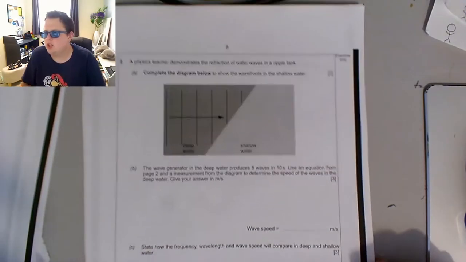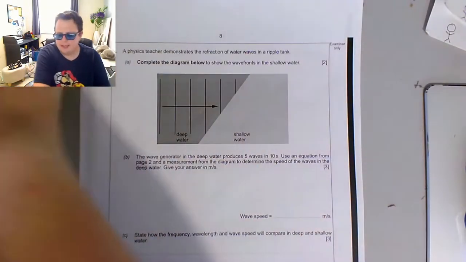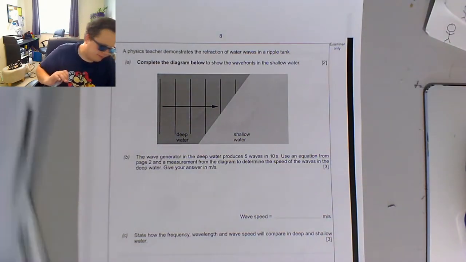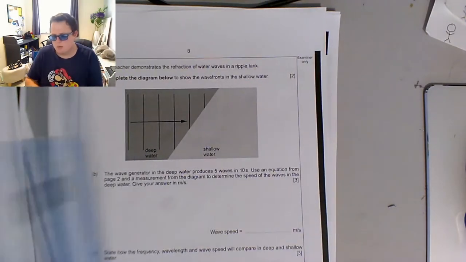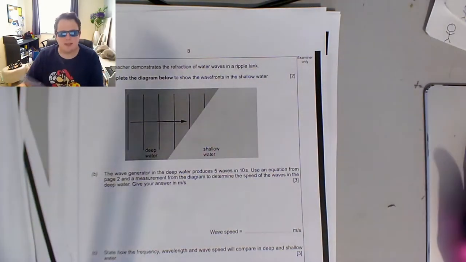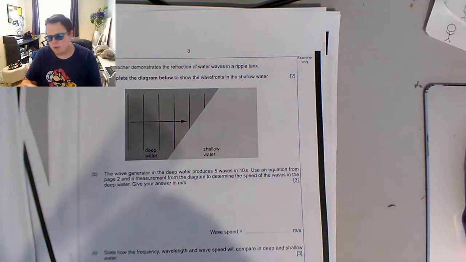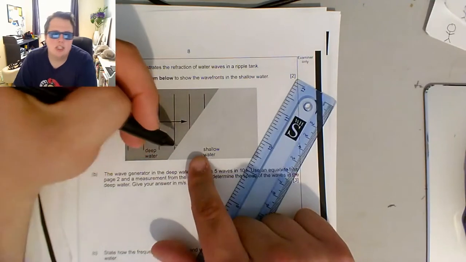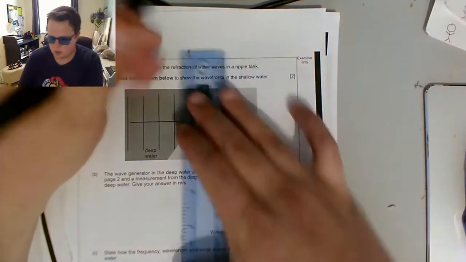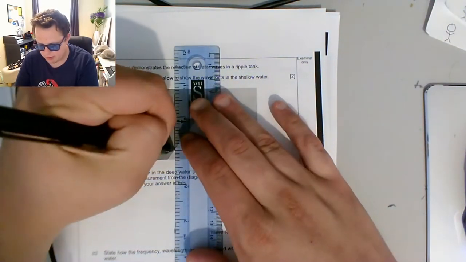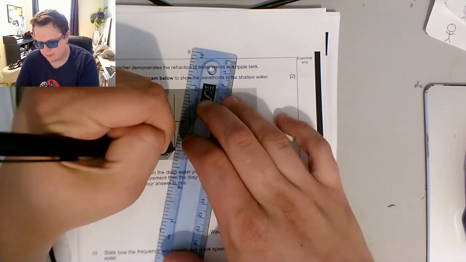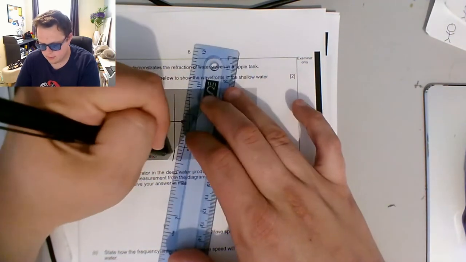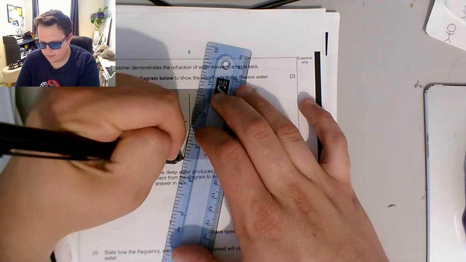Okay, so question 2. Complete the diagram below to show the wavefronts of shallow water. Okay, so deep water into shallow water. This wave is going to refract. It's going to refract because the water will travel slower in the shallow water than it does in the deep water. So what that means is, as the bottom of this wavefront hits our shallow water, it starts to go slower, dragging the wave